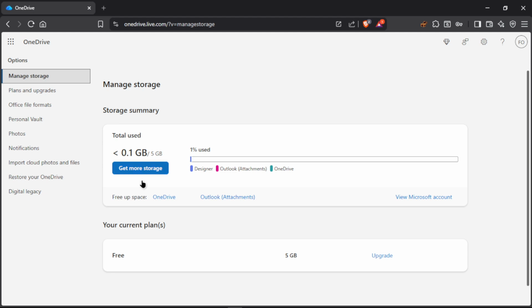So we are gonna use the option below here which says free up space. So you can see there are two options, one is OneDrive, another is Outlook attachments. So we are gonna use the option OneDrive. Just click through it